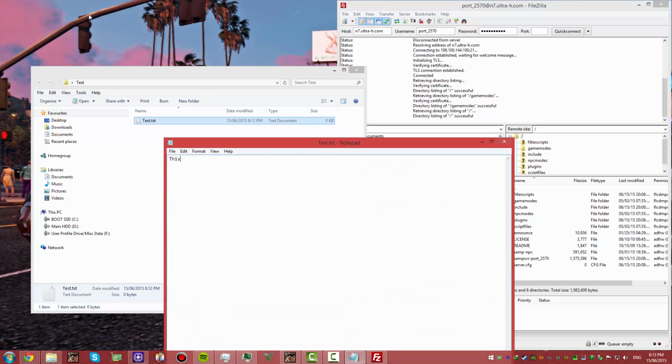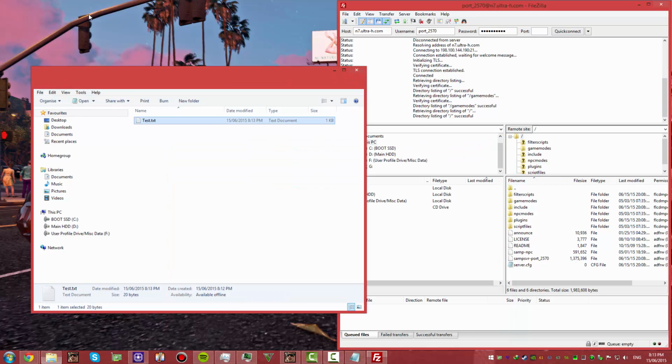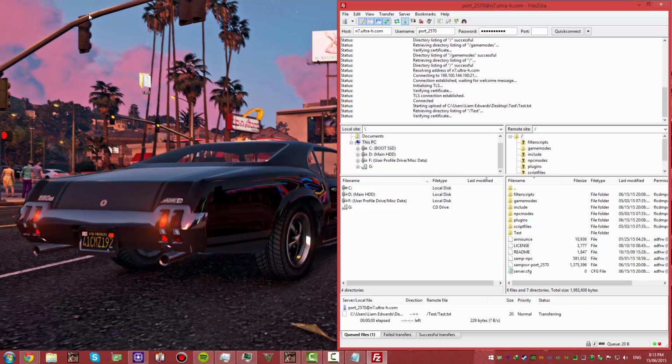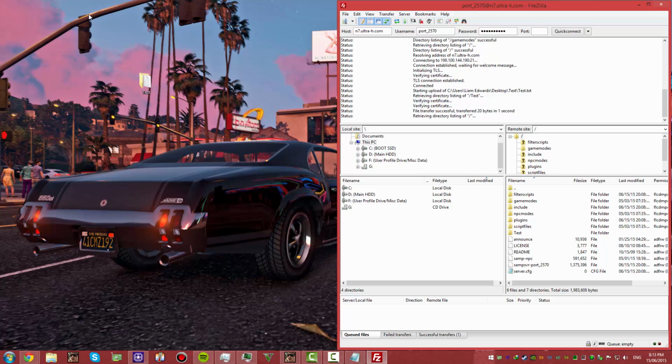This is a test file. And then you can upload it, and then wait for the files to upload. Now that is just a proof of concept. You obviously wouldn't upload those kinds of files. So what I'd recommend doing is uploading your server files, and then you are pretty much good to go and